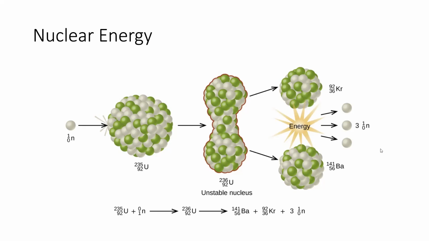We can slow it down. We'll see in one of the next slides how we can control how much of a reaction takes place. But with this process, when we're splitting this atom to give us krypton and barium instead of uranium, we're also taking a very small amount of mass and converting it into energy. That process is extremely energetic, so it's going to release an extremely large amount of energy. That's why nuclear weapons are so destructive, just because there's so much energy associated with them. And we're seeing something similar with these nuclear reactions in these power plants.